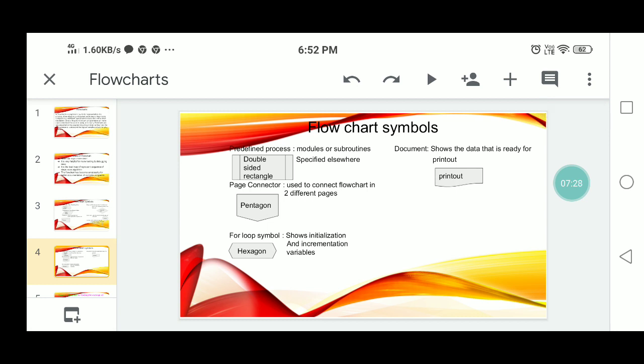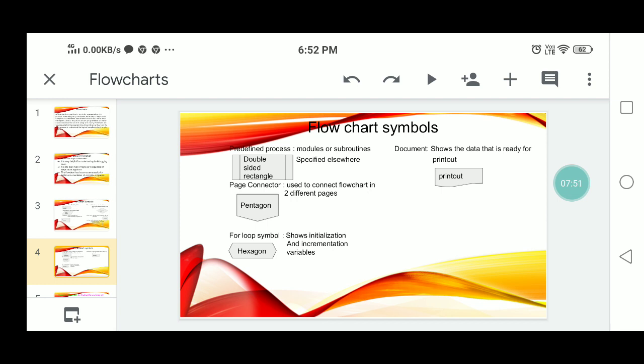The next symbol is the double-sided rectangle, represented with the name predefined process. It performs the modules or subroutines, meaning subfunctions, specified in your algorithm. This makes the flowchart with the help of the algorithm.